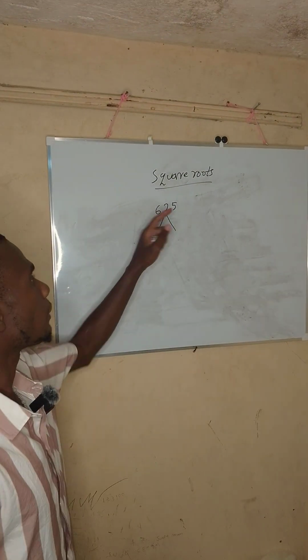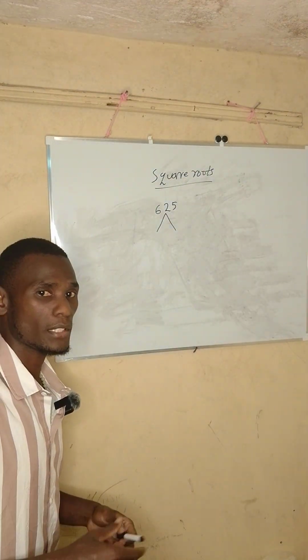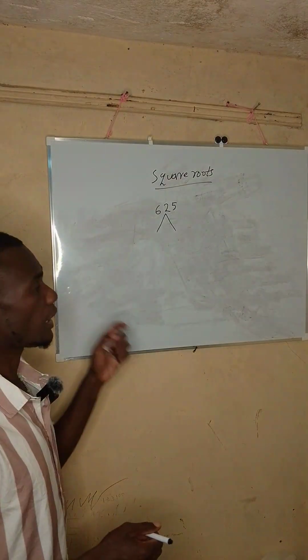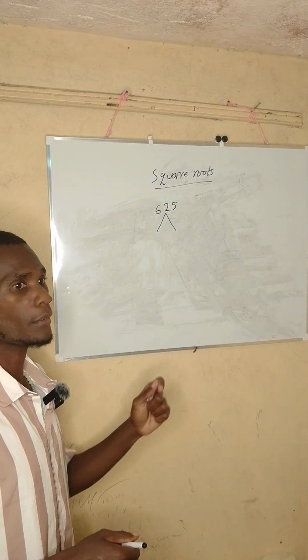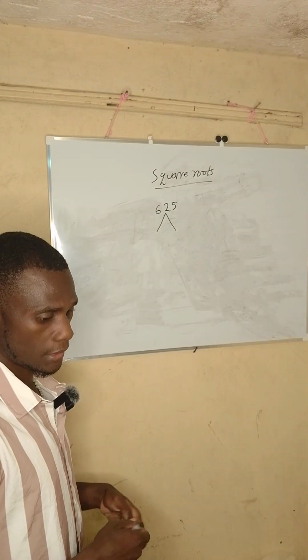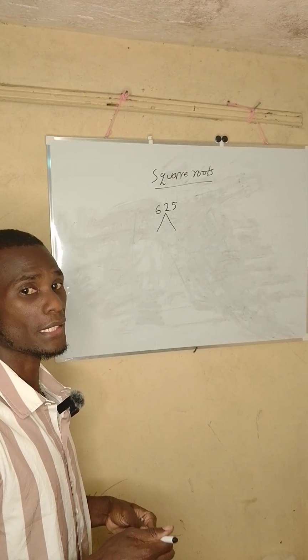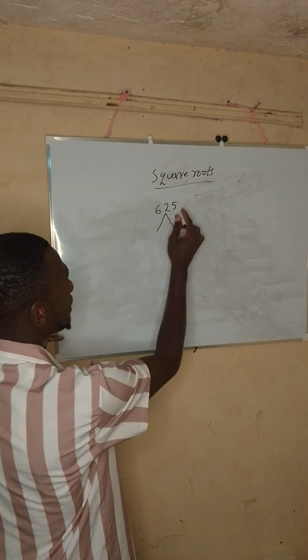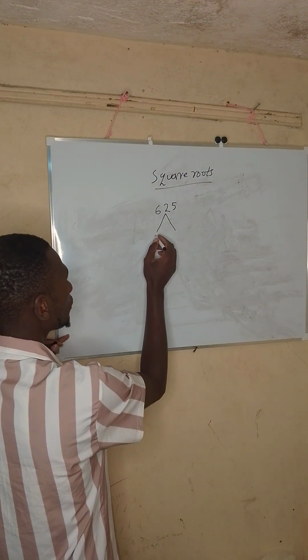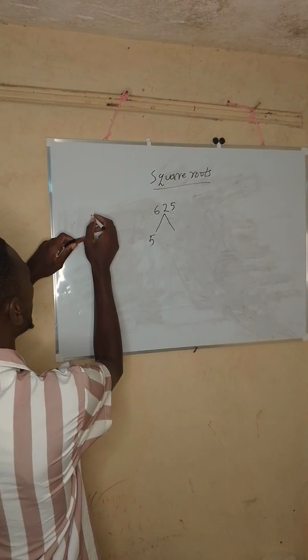And therefore, 5, this number is divisible by 5. The divisibility test of 5 says that a number is divisible by 5 if the digit in the place value of ones is 5 or it is 0. So this number is divisible by 5. So we will start with that 5 on the right hand side. Then you divide that